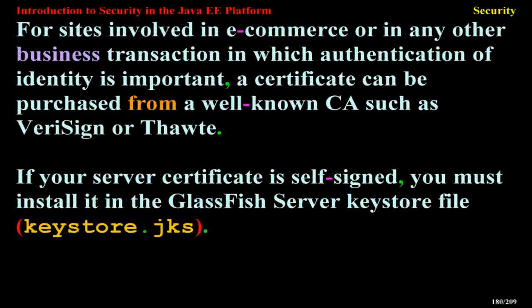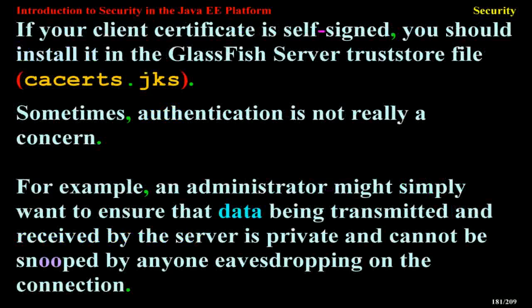For sites involved in e-commerce or in any other business transaction in which authentication of identity is important, a certificate can be purchased from a well-known CA such as VeriSign or Thawte. If your server certificate is self-signed, you must install it in the Glassfish server keystore file, keystore.jks. If your client certificate is self-signed, you should install it in the Glassfish server truststore file,